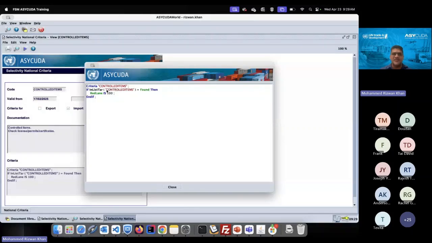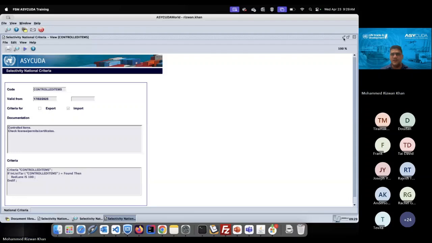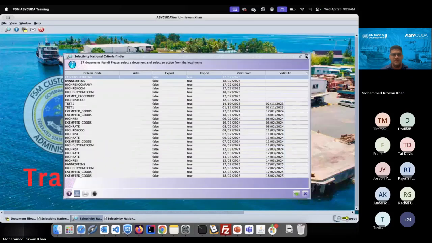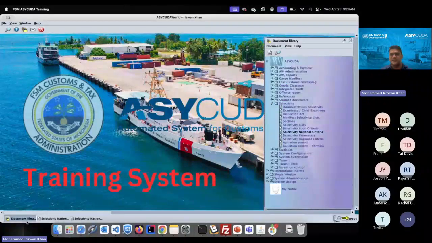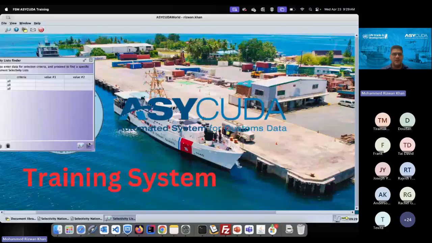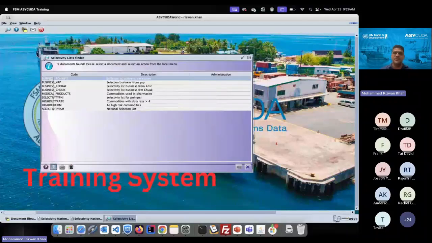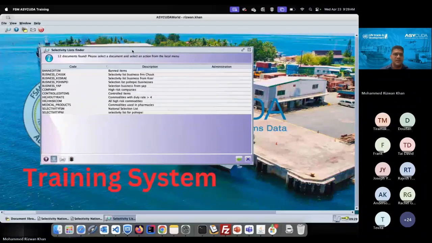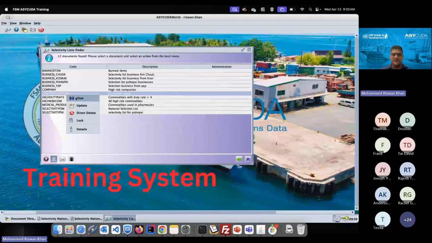Now let's look at this list. What are these lists? Or what does this list contain? So we'll close this. So the list is control items. And we'll go back to this. So there is a selectivity list. And if you do a find, this is also something that you need to configure. Now the list was control items. Okay. So if I view this,